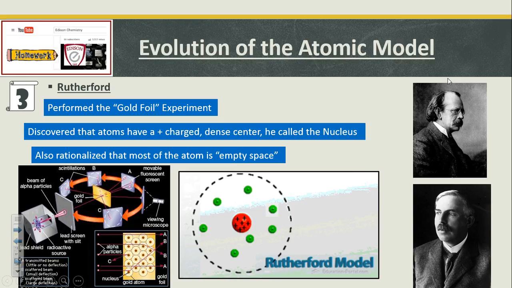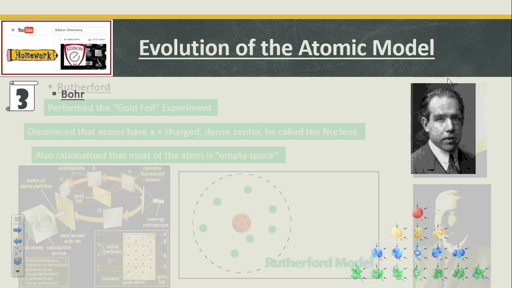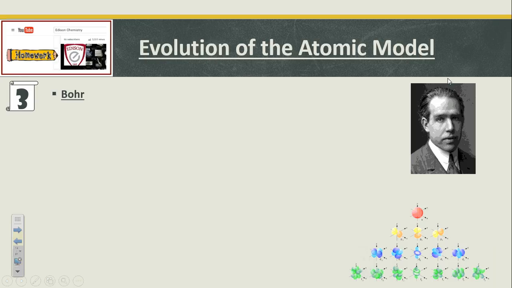He took Thomson's idea that electrons exist, and he put them outside, and he took what he found is that there's a positively charged dense center and put all the positive charge in the middle. So there's Rutherford's model of the atom. This is the model of the atom you would see in popular culture, where electrons are spinning around the nucleus most likely. But let's move on to Niels Bohr, who really gave us what we know and use as the